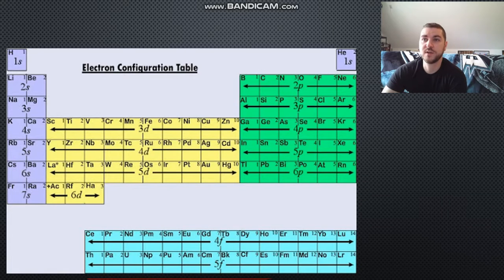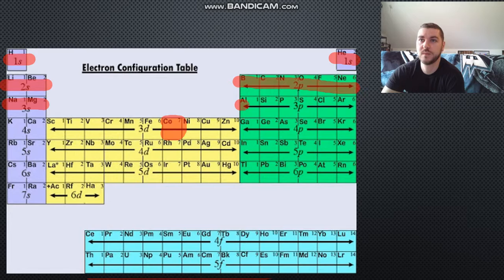So let's say I wanted to write the electron configuration for cobalt. Cobalt's right here. Well, what I'm going to do is read the periodic table like a book, starting from the top and reading left to right and going down each line. So I start my configuration with 1s2. There are 2 blocks here, or 2 little squares, so that's 1s2. Then I go down the next line, and I have 2 little squares here, so that's 2s2. Then I have 2p6,